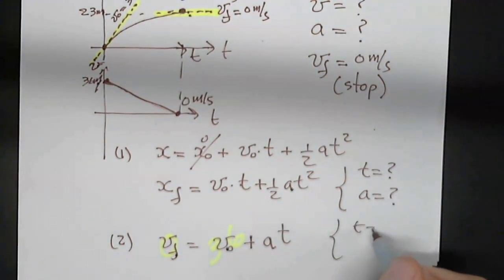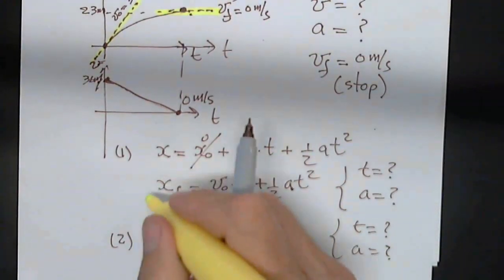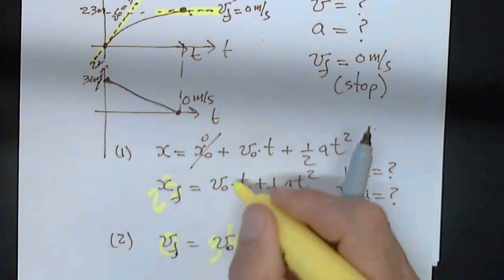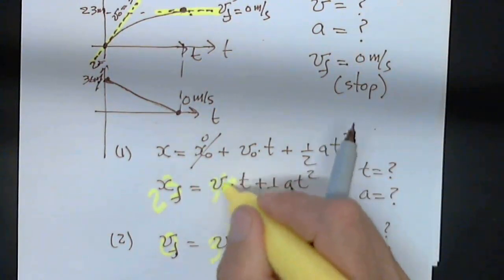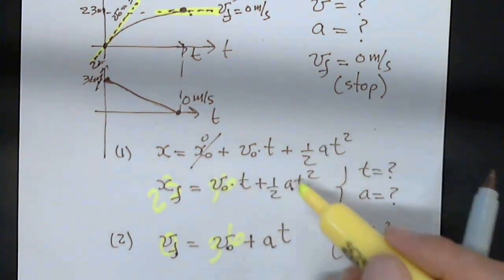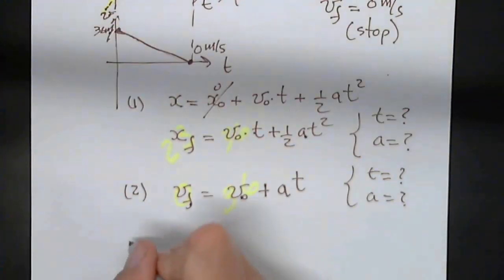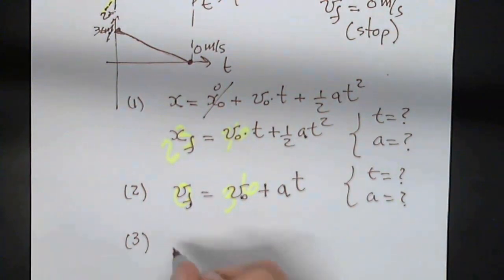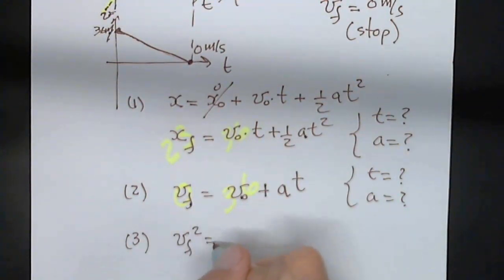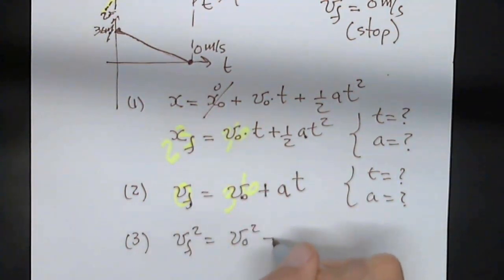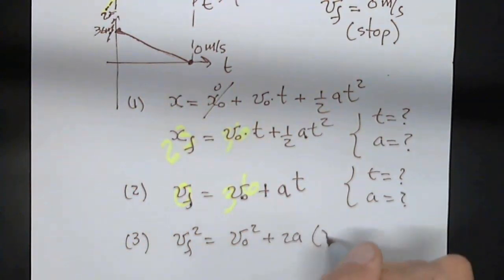And we don't know what is the time. Over here we know the final position, 23. We know 36. But we don't know time and acceleration. But there is a third kinematic equation that is Vf squared equals V naught squared plus 2a